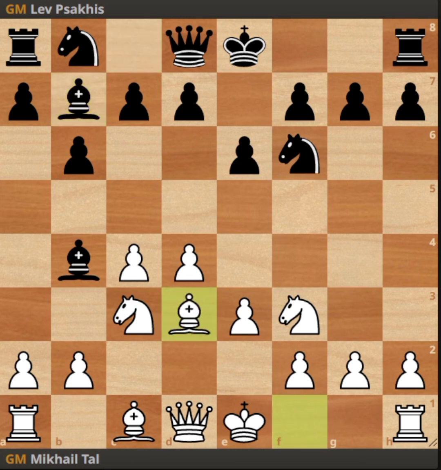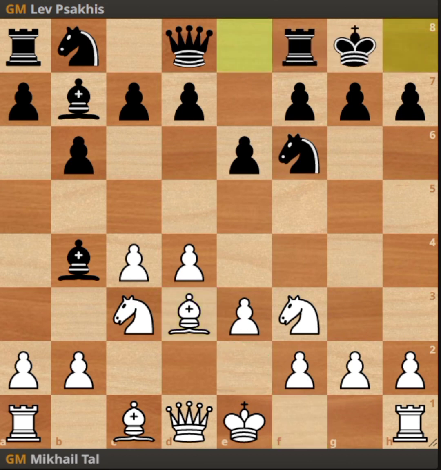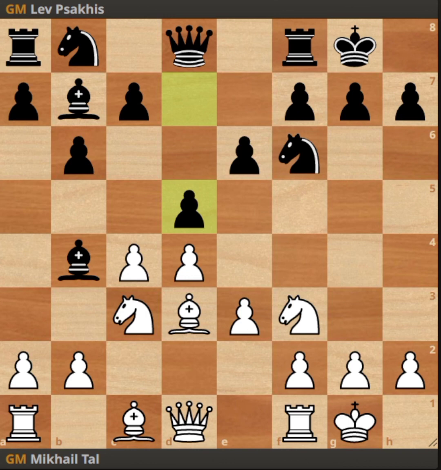So let's continue. Bishop d3, it's more active, compared to bishop e2. Castling, and then d5. It is important to control the center and at the same time challenge the center of your opponent. Bishop d2,